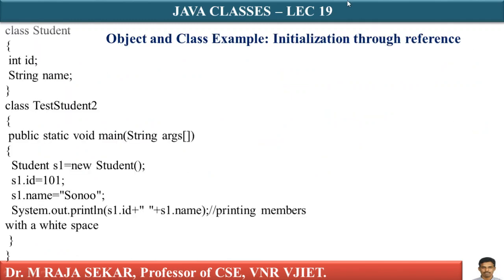This is the simple example. Just try to understand it, and of course you can compare this program with my previous program. Just see, this is class Student. This is my class beginning, this is my class ending, in which I am keeping two variables. One is id, whose data type is int, and another is name, whose data type is String. Of course, String is also a non-primitive data type. That's what we were discussing. In this context, String is a built-in data type.